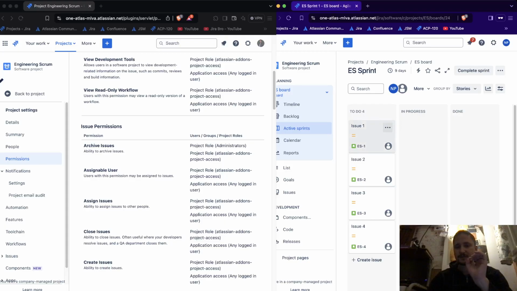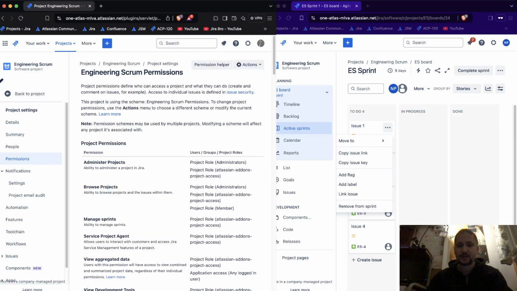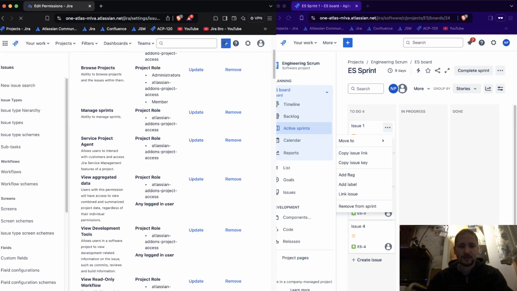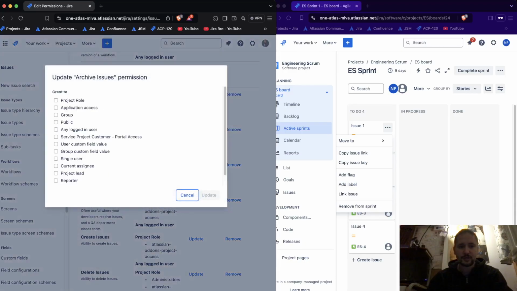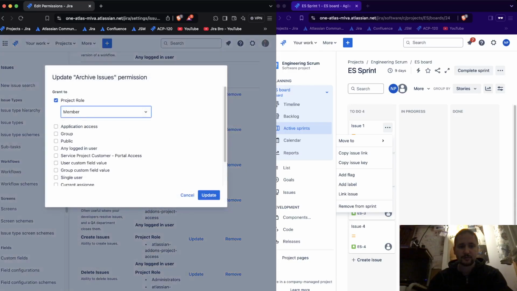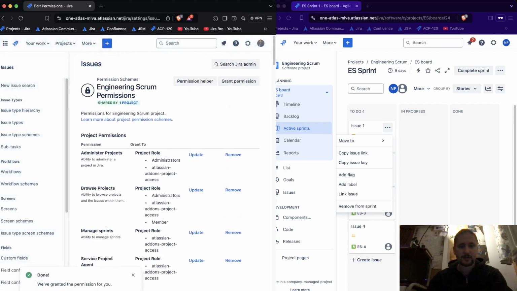And the thing is, for this user, if I want to go ahead and archive this issue, I cannot actually do this because I don't have the permissions. So I'm going to change this, and I'm gonna go for the archive issues. I'm gonna update. I'm gonna go for the project role. I'm gonna go for the member, and yeah, this is